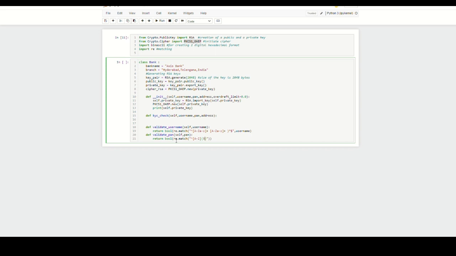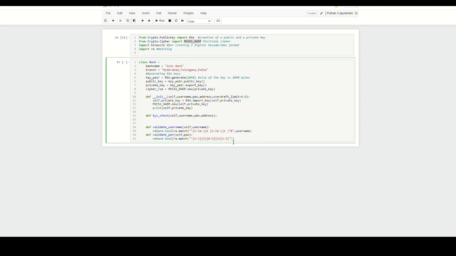So A to Z, it has to be 5 capital letters, and then afterwards you will take 0 to 9, 4 digits, with a curly bracket 4,